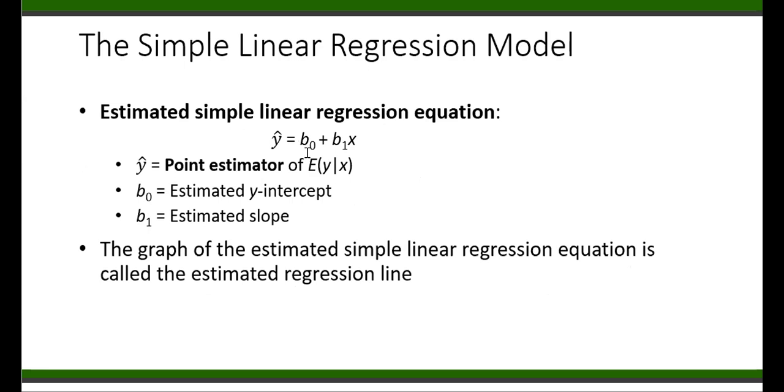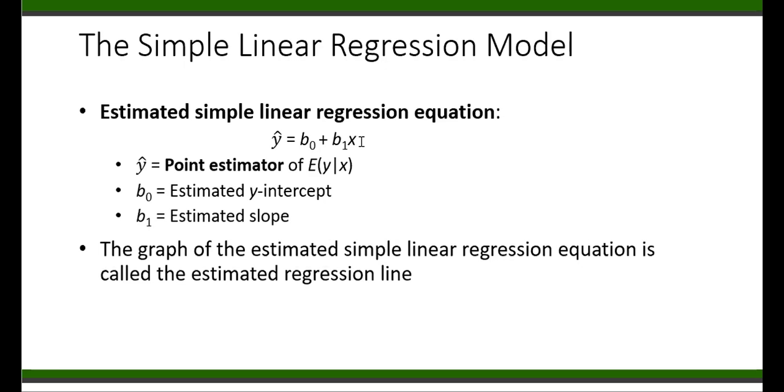B0 is now the point estimate for beta 0, the estimated y-intercept, plus B1, the estimated slope, the point estimate for beta 1, times the value of your X, the value of marketing